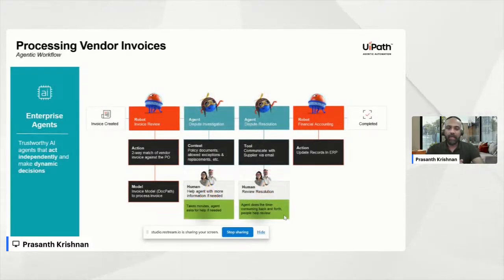So whatever today in a robotic workflow where you had a human to come in for a dispute investigation and a dispute resolution, you can have an agent which can actually look at these disputes and understand how to proceed with these disputes by looking at context. It can communicate with the vendors for updated information. And once you receive the information, it can analyze it, replan it, and again go ahead with your processing. So that's where you're removing the human dependency, where agents can come in, they can think, and they're able to take it forward with your automation.